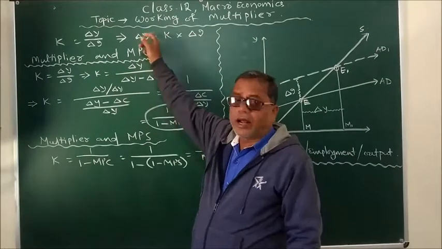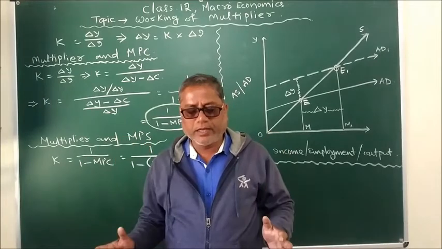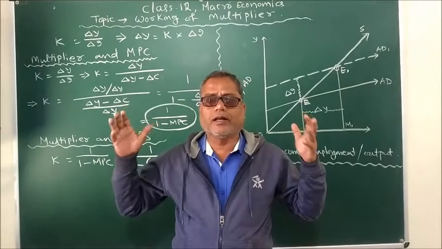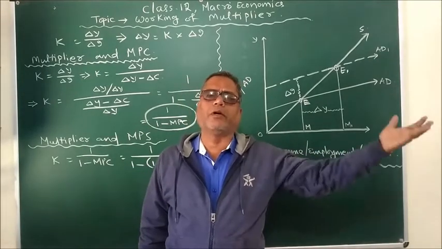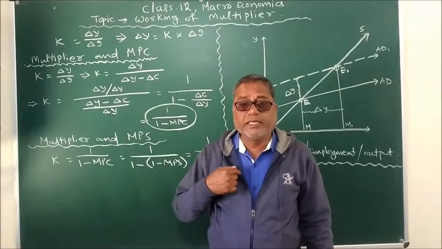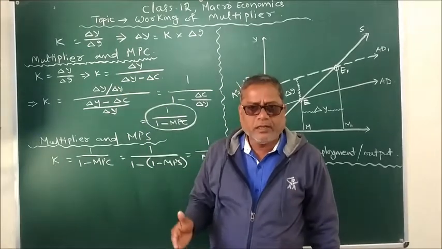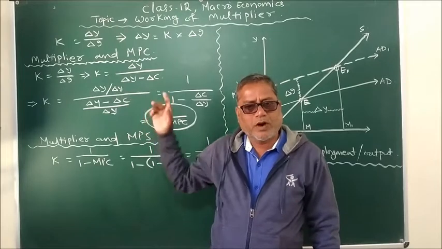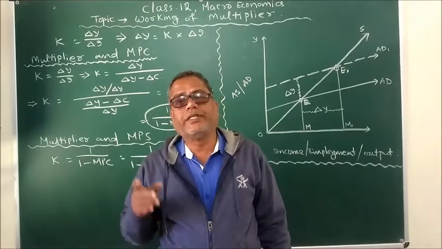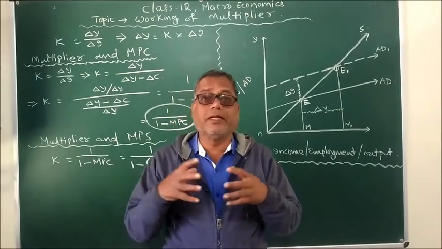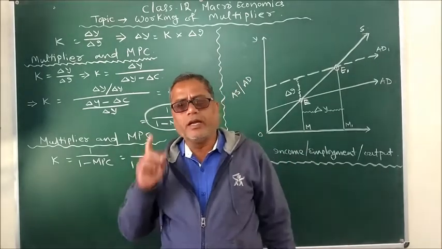And when income increases, when I got employed and I started earning an income, how much the multiplier would be depends upon my propensity to consume. Hence, here we will check the relationship between multiplier and propensity to consume on one hand, and on the other hand, the relationship between multiplier and propensity to save. And what type of relationship is there between multiplier and MPC and multiplier and MPS?